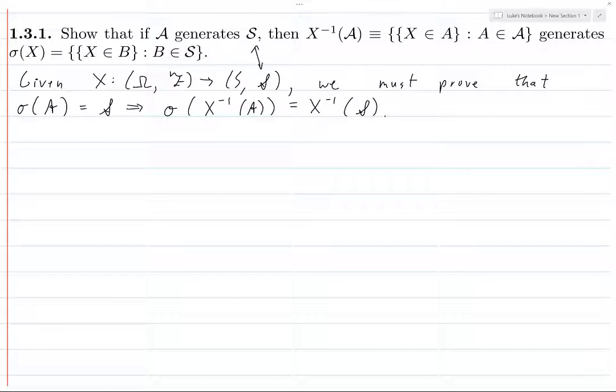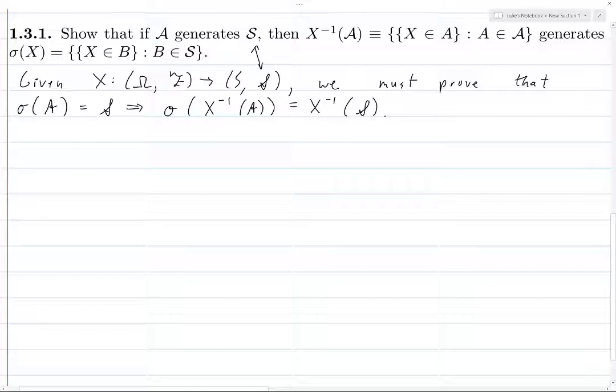I learned measure theory from following Folland's textbook. I have a whole bunch of Folland exercises on this channel. So in general, I'm going to favor that sort of notation, and this is the notation that you'd see in Folland. You'd see a lot of X inverse instead of the set